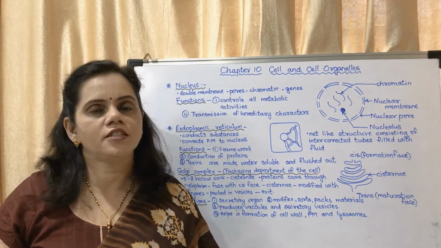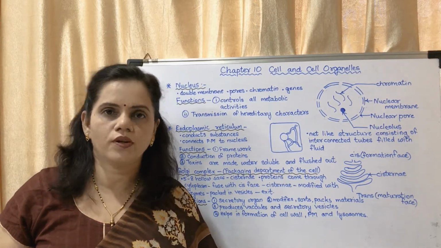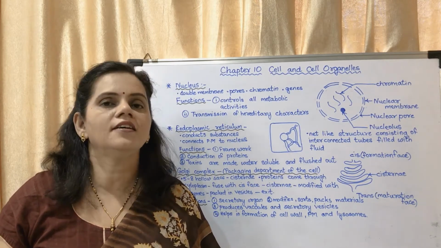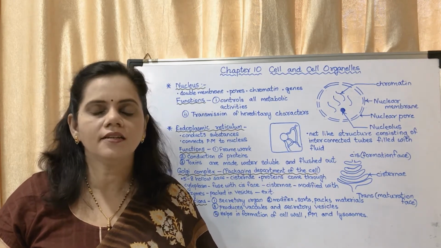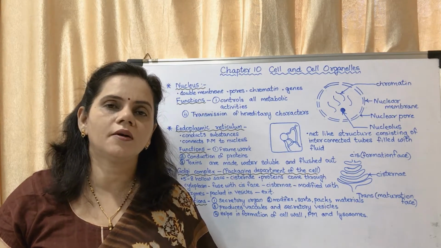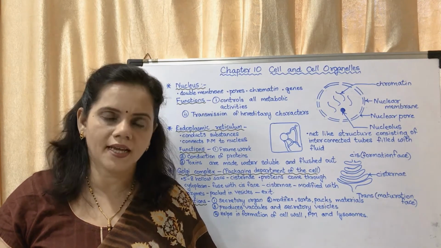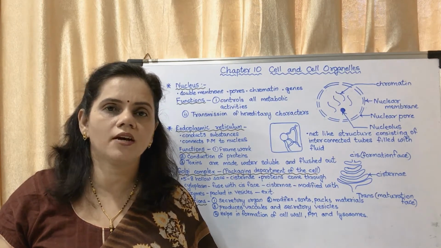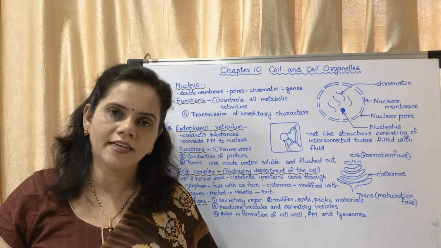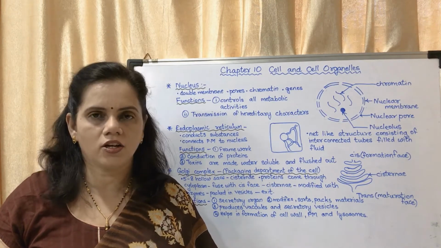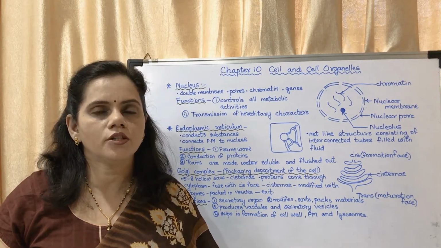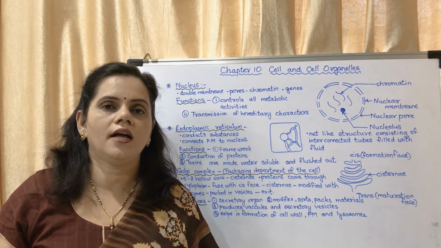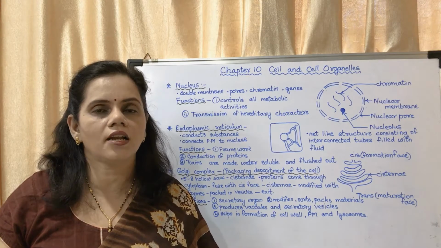So yesterday we finished with the different components of a cell. Okay, there are two types of cell for this year, plant cell and animal cell. We studied that the different components of the cell are, first, cell wall, then plasma membrane or cell membrane, then cytoplasm and then cell organelles. Today we will study the structure and function of the different cell organelles which are